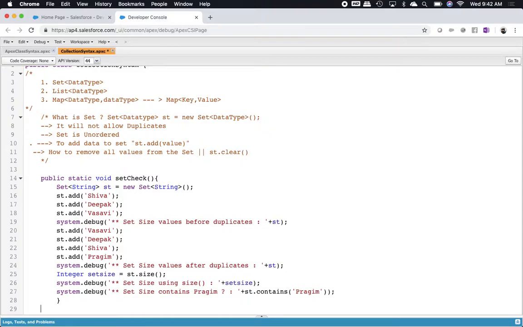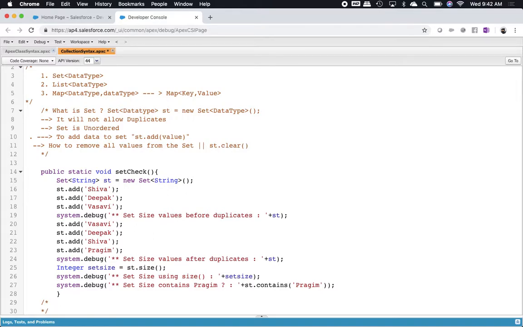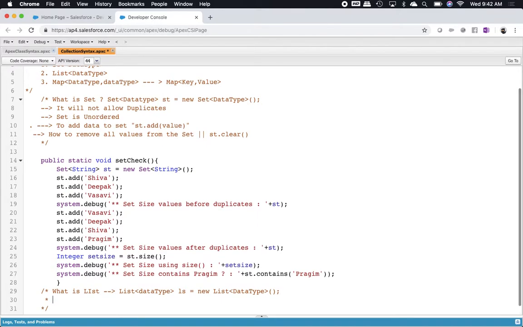Sorry, what is list first? List is also a collection of data. What is list? Which is also a collection of data, can be defined as: List<data type> ls = new List<data type>();